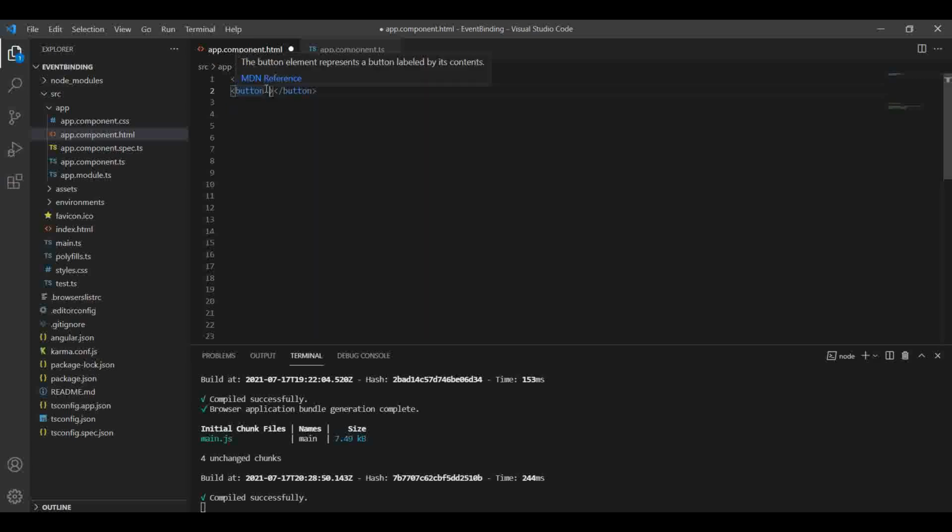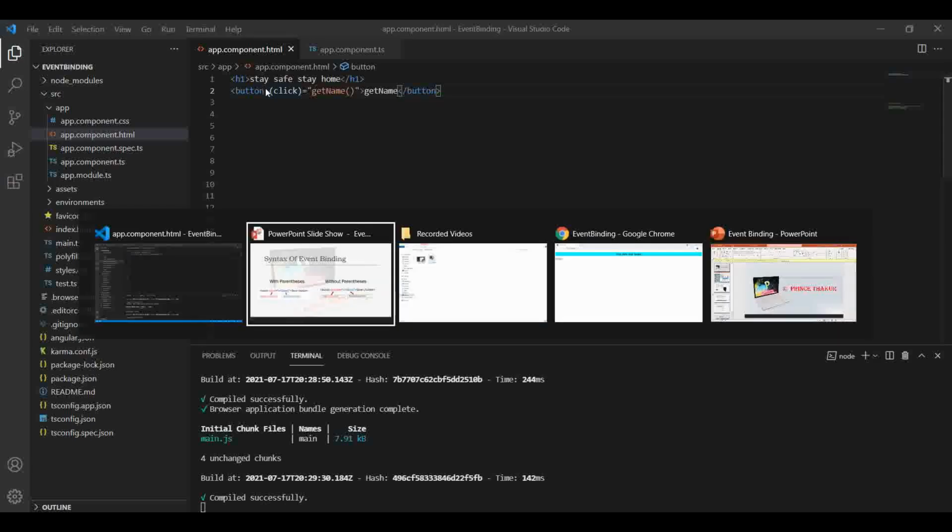For that I have to use the event binding syntax, that is parentheses, and inside that I have to write the click event, and after that I have to call the function that is present inside my ts file, getName. Give it to the button as getName.